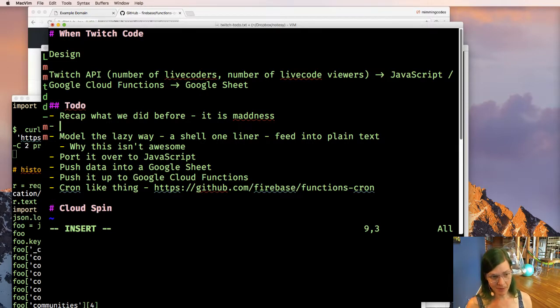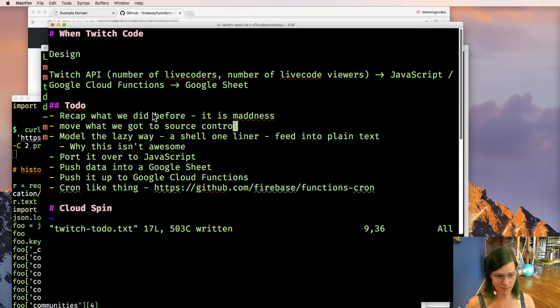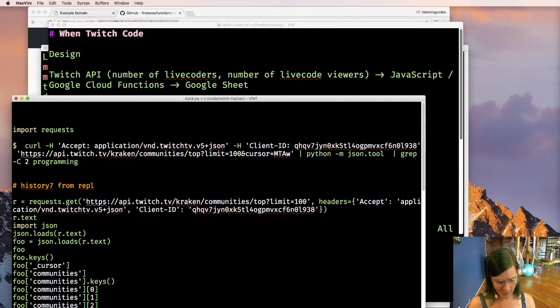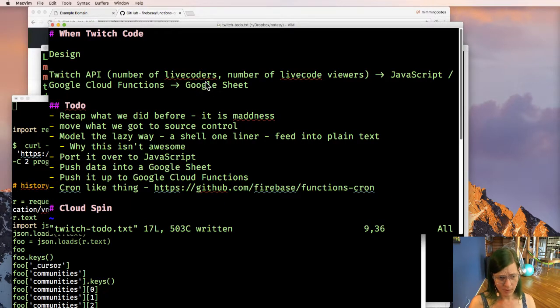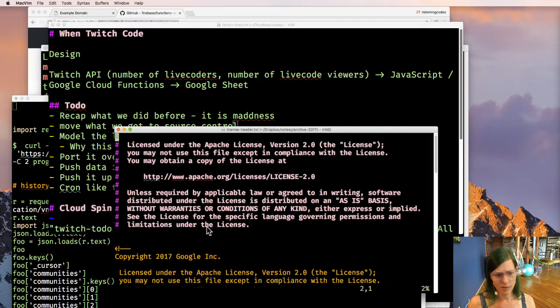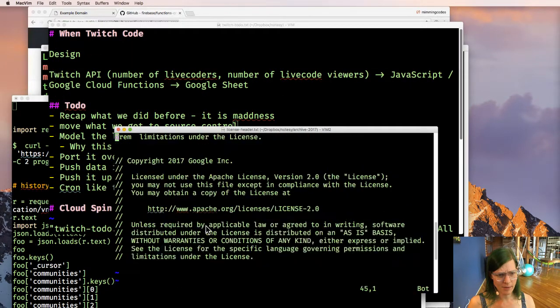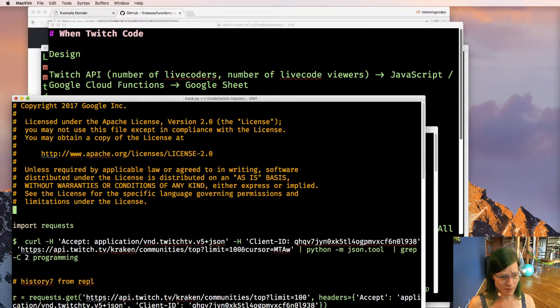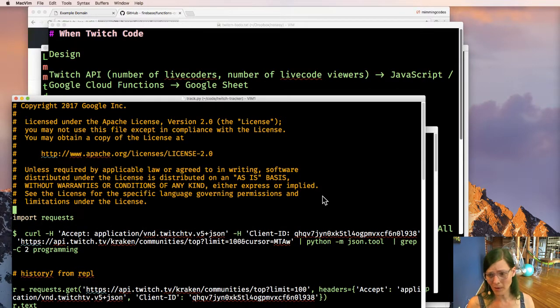Okay, so next up, let's move what we got to source control. To do this, because of layer cats, I'm going to have to add a license header. So I'm going to go fetch a license header. Actually, I think I already have them in a Vim buffer somewhere. There we go, license headers. I am an agent of Google, so I have license headers that I stick into my files. Copy this, paste it in here, and what we're going to do is patch an existing repository.